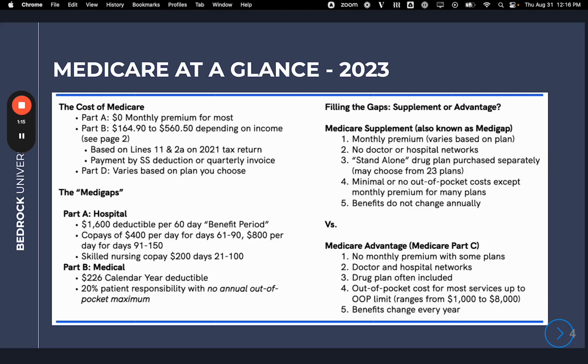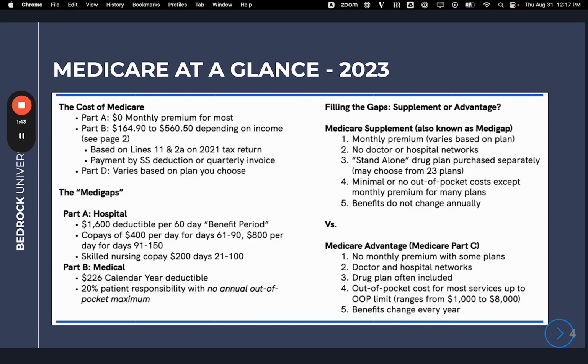However, if they have a high income, they may have additional costs under IRMAA, and this will be based on their MAGI income, which is lines 11 and 2A from their tax return. For the purposes of IRMAA, Medicare will look back 2 years. So in the current year of 2023, they will be looking at the 2021 tax return to determine their IRMAA